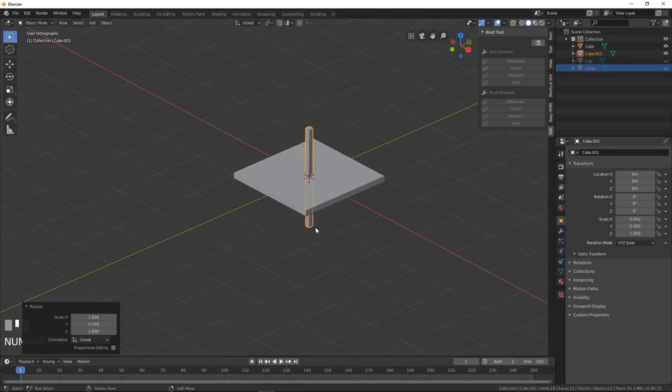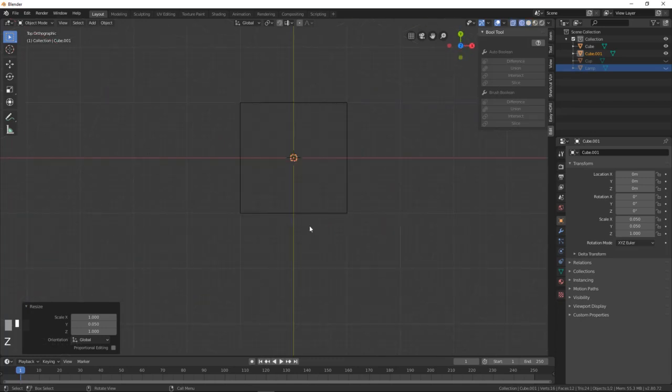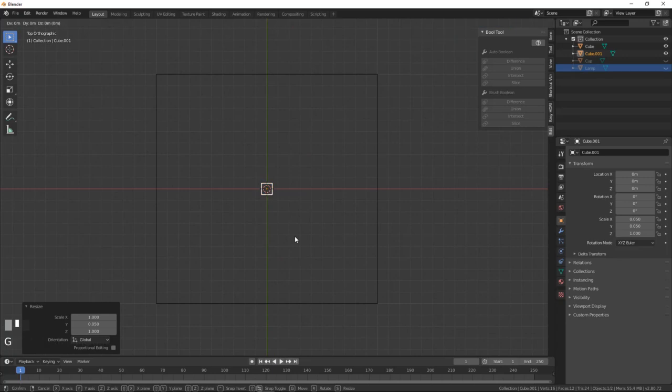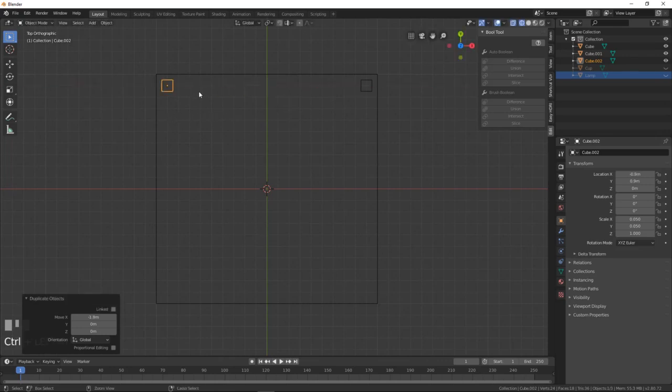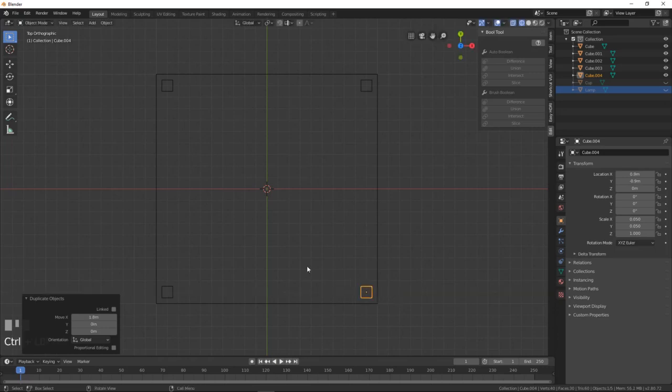And now I go into the top view here and Z for the wireframe, and I can just move with G and Control. I can move this into the corner, and with Shift DX and Control, Shift DY, sorry, and Control, and Shift DX and Control,